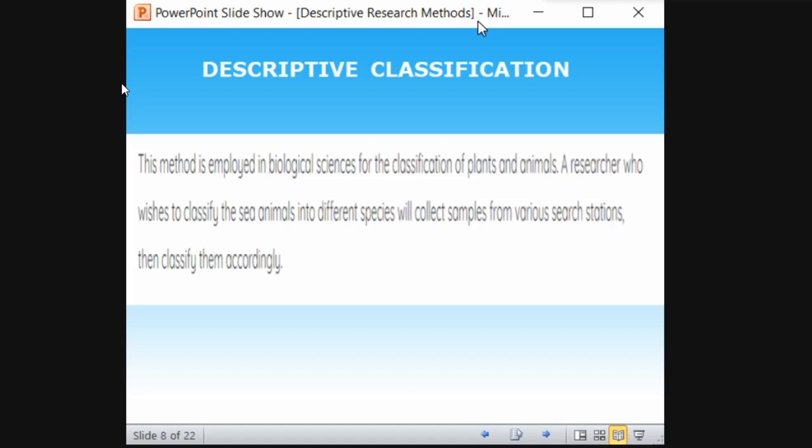He will collect different species: crabs, sharks, whatever fishes are there, and whatever other organisms are living in the seas. Right? Not only fish. There are many other organisms living in the sea. So accordingly, he wants to determine what organisms are living in the sea, and he wants to classify them according to their species of origin.